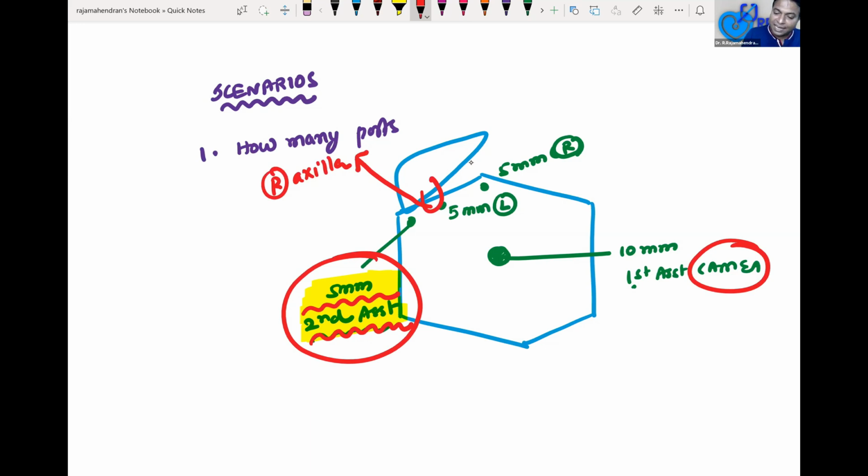Please remember, the right lateral port is for retraction. Right lateral port for retraction. Please don't forget this point. So there are 4 ports,